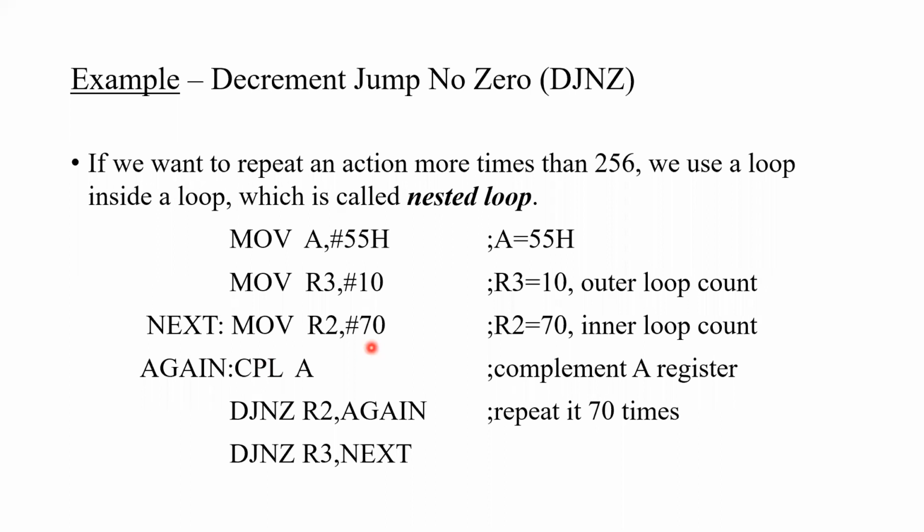Normally we can use this for writing a loop. Maybe we have a program where the microcontroller or my embedded system is waiting for some event. So we can write the loop depending on how much time is required for the event to take place, so that the microcontroller will be executing this set of instructions. And whenever the counter is 0, it will go to the next instruction, where it is ready to receive the event.